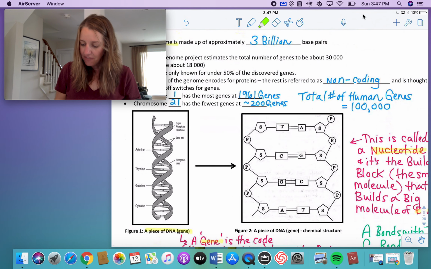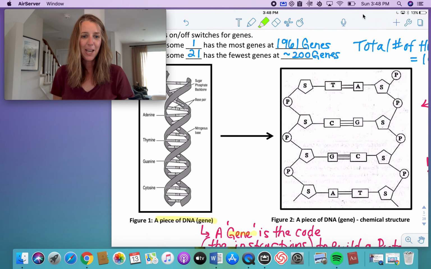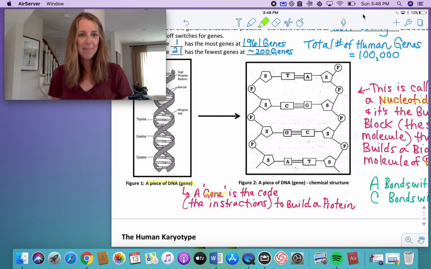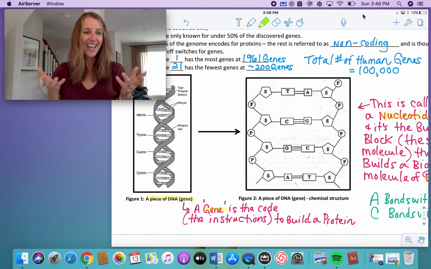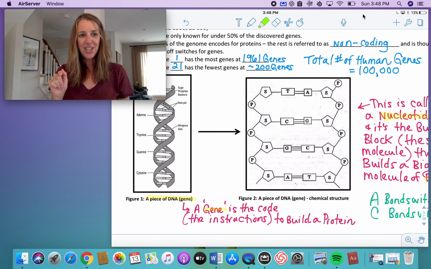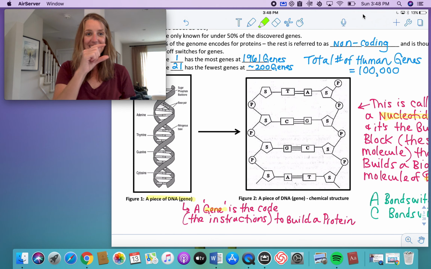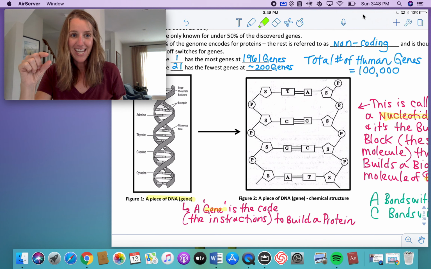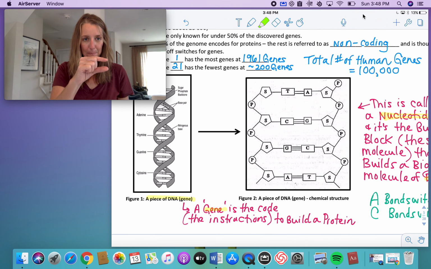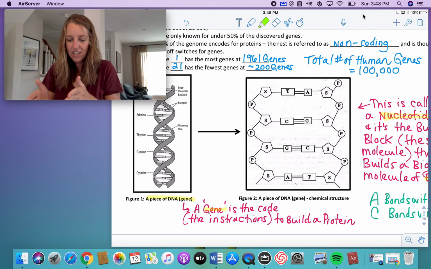All right. Of the region that we are looking at when we're looking at our DNA structure, okay, a piece of this DNA molecule is what we call a gene. And I think you've heard of that term before. But a gene is the code or the instructions to build one kind of protein. So all the instructions are there, and then when your cell's ready to go and build a molecule of something, it takes the instructions for that building of things, and it only uses the bit that's important for what it needs to build. Okay, so you can see that if you were to take our double helix and go down and see what it looks like even further,